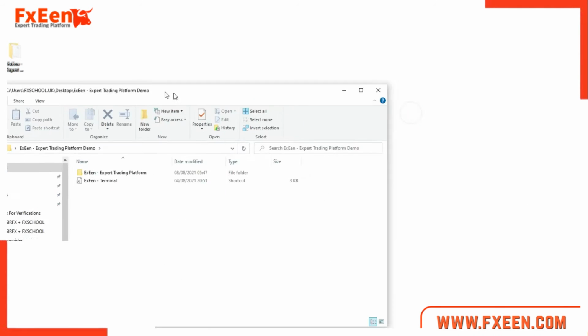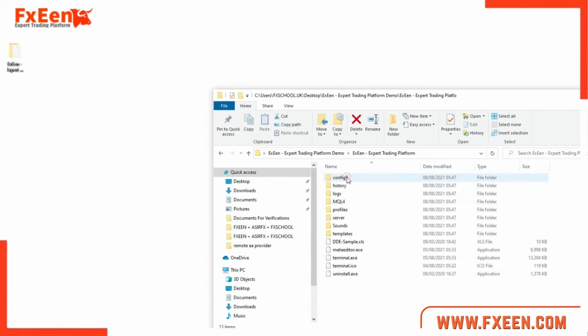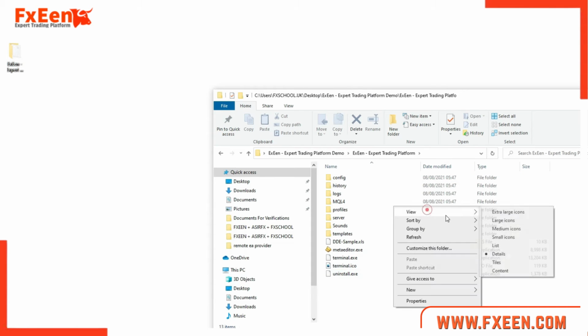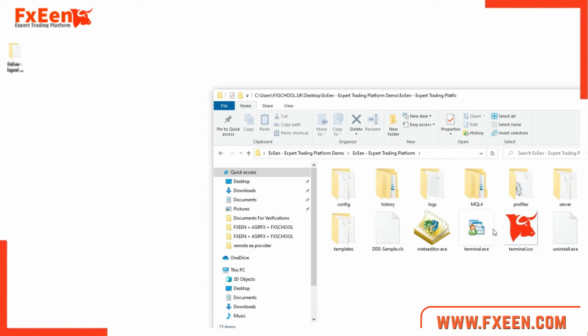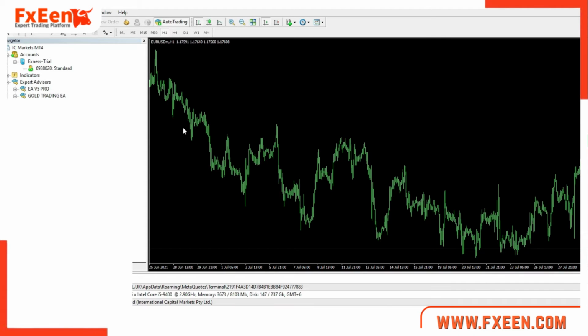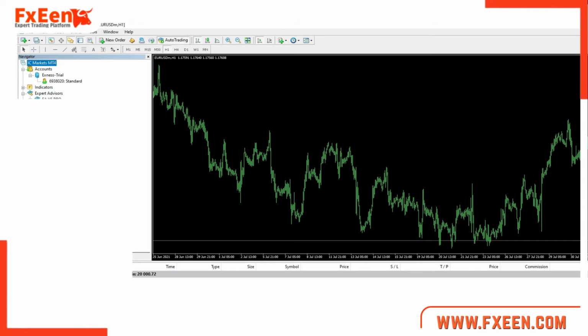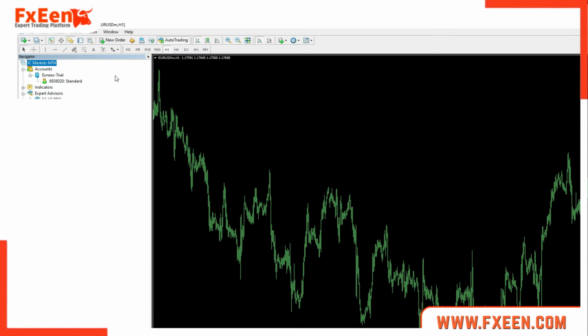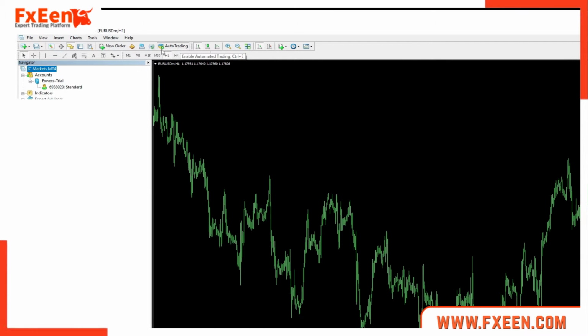So there you can see that there is a terminal, and also there is one option, terminal exe. Okay, so if you open this terminal, there you will receive all the Forex robot. Okay, before applying these things, you need to do two things. First, you need to make auto trading green, and also you need to go to the